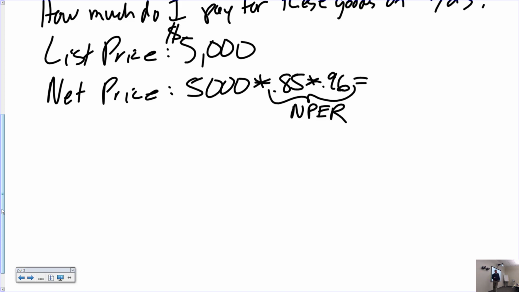If you want to, you can just multiply the two discounts together to get the net price equivalent rate. That's what NPER stands for. The book likes to use that abbreviation. I'm sorry, the book is annoying sometimes. So what is 5,000 times 0.85 times 0.96? 4,080. And so what we would say is normally this is how much we would have to pay to get